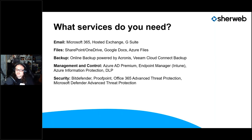File servers. People are used to having file servers that are now being converted more into SharePoint, OneDrive, Google Docs, and even Azure files. Backup. People need to back up their stuff, not just locally, but even in the cloud. People prefer having some sort of backup. So things like Acronis or Veeam Cloud Connect can back up local infrastructure, but also back up Office 365 products. So keeping all of your items secure and backed up is ideal, and it can all be handled from one